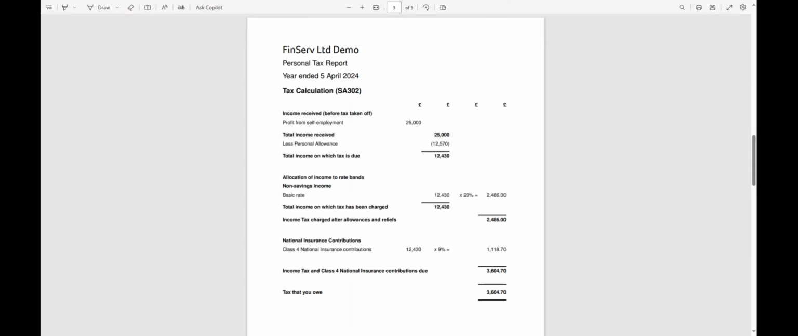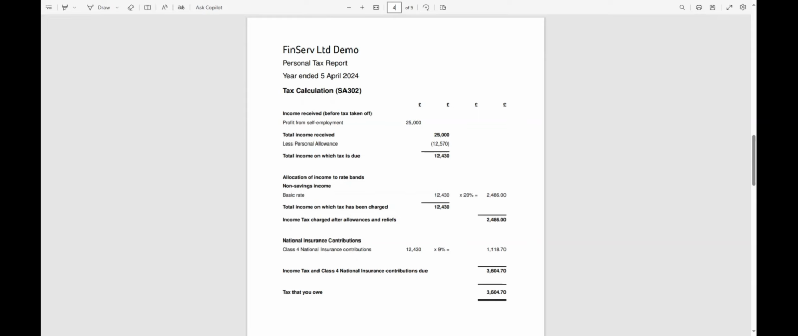As you can see, the tax calculation, SA302, starts with the profit from self-employment as calculated on page 3. From this we are able to deduct the personal allowance of £12,570, which reduces the income on which tax is due to £12,430. This amount is subject to basic rate tax of 20%, so the income tax charged after allowances and reliefs is